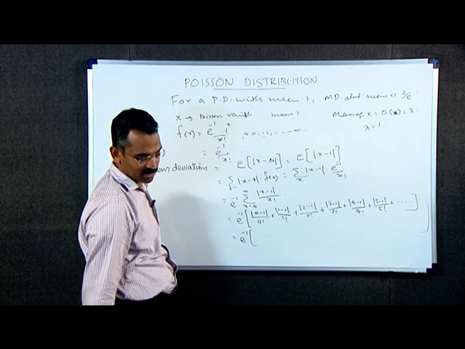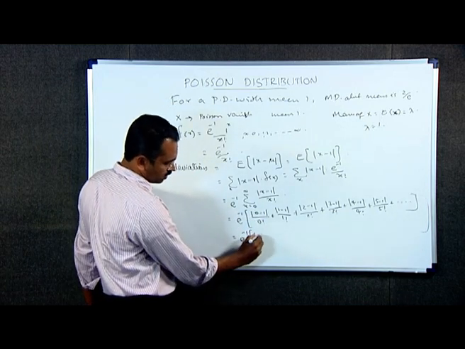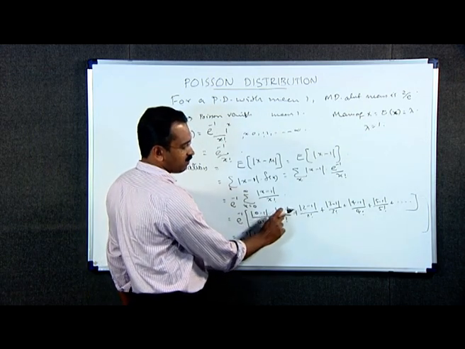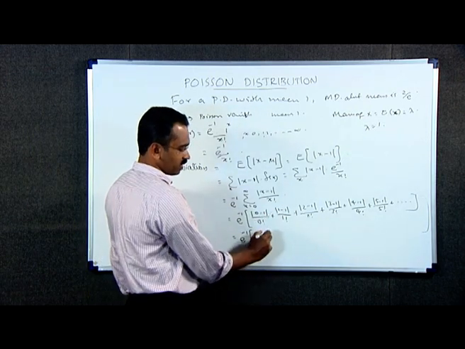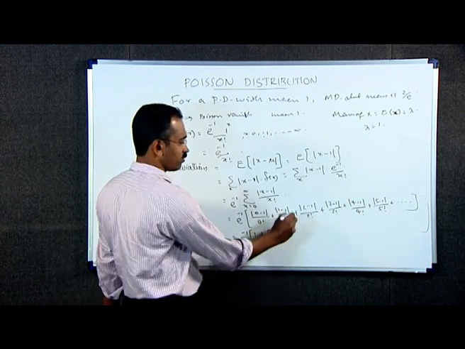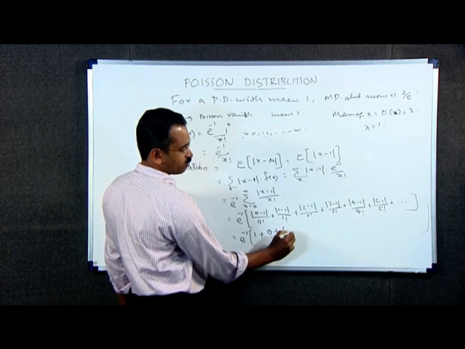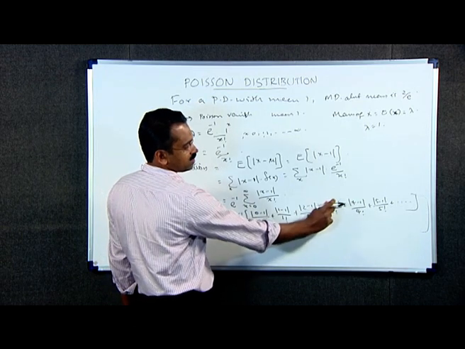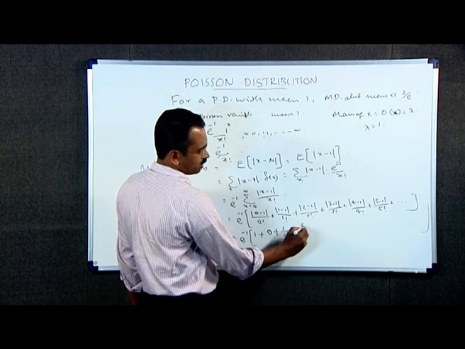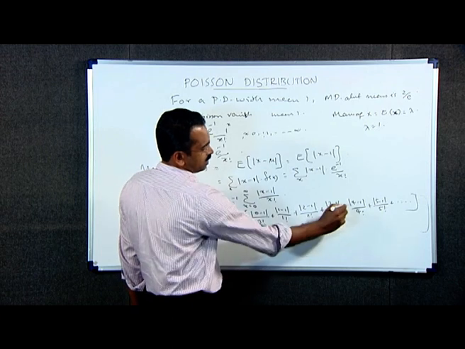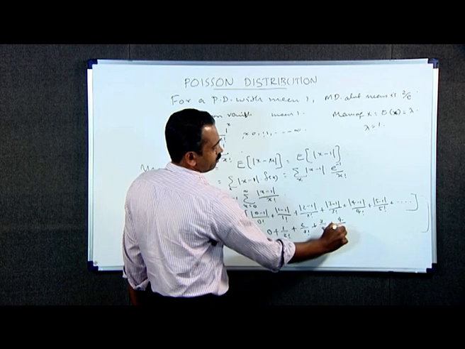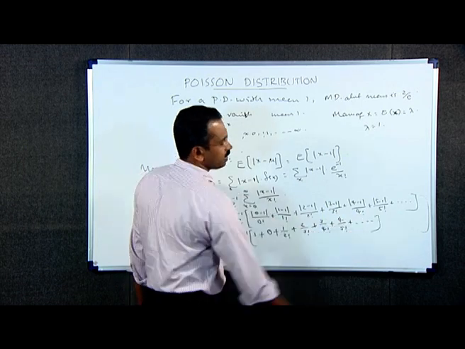Therefore, the first term is 1 plus, here 1 minus 1 is 0, 0 by 1 factorial is again 0, plus here 2 minus 1 is 1, modulus of 1 is 1, therefore 1 by 2 factorial, plus this term is modulus of 3 minus 1, that is 2, divided by 3 factorial, plus here 3 by 4 factorial, plus 4 by 5 factorial, plus etcetera, up to infinity,